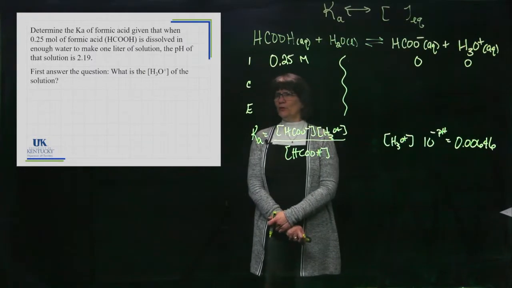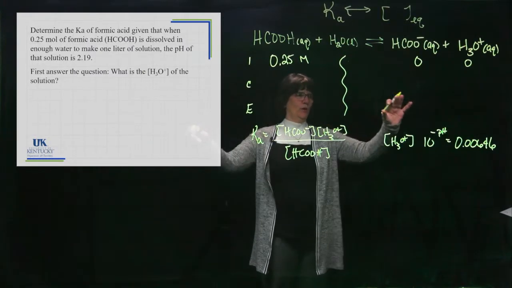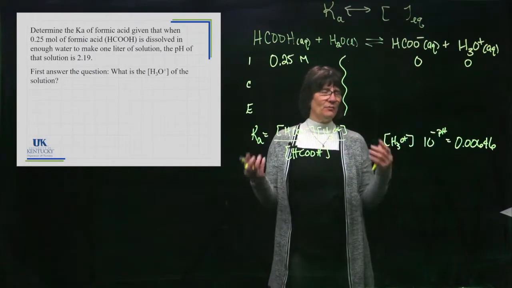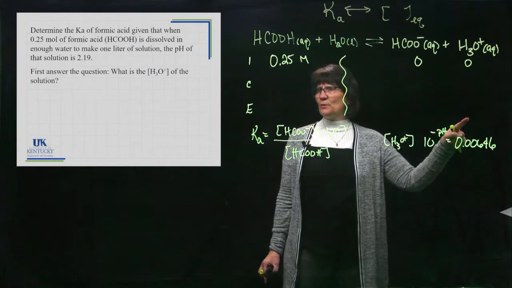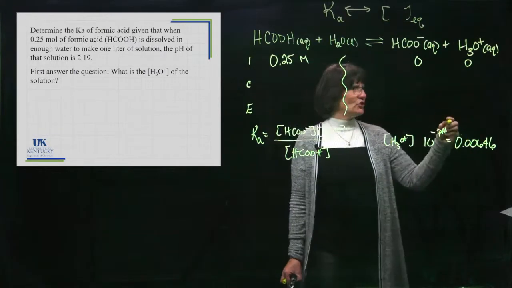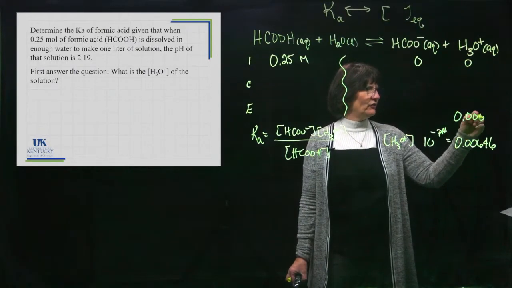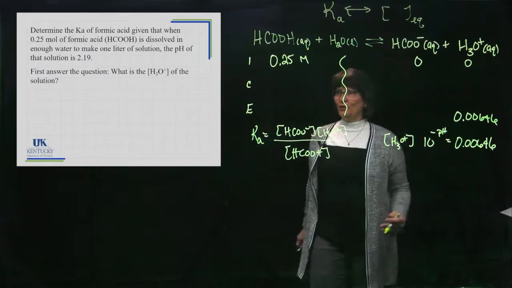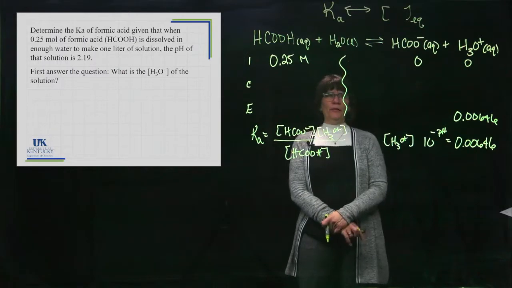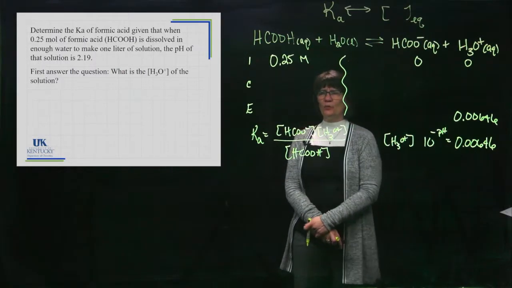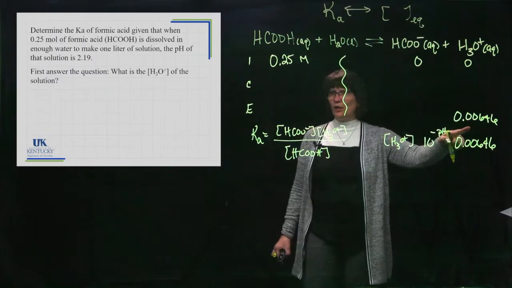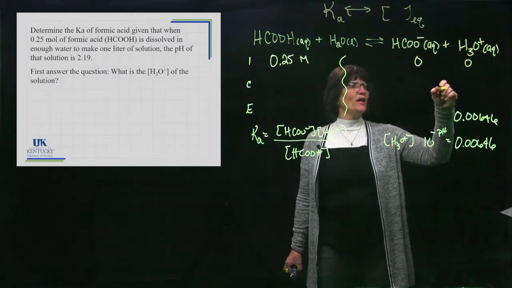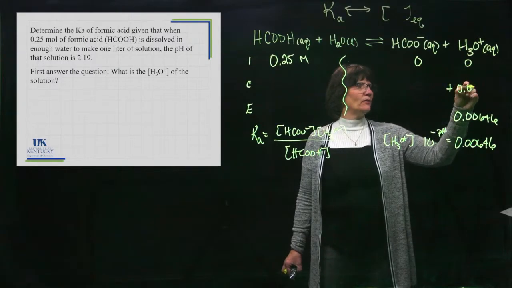All right, now how in the world do I put that somewhere in here? Well, this is the H3O plus concentration. I measured the pH after the establishment of the equilibrium, so I can put that into my table right here. A lot of students will just take off and start blindly putting X's into this table because they're used to putting X's into their ICE table. I don't need to put any variables in here. I can fill it up with real numbers as soon as I put that there, because if I started with nothing and I produced this amount, then I know my change line was this amount.